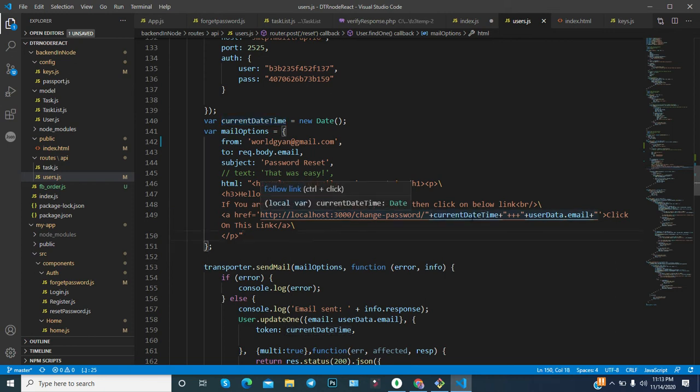So you have got the information about when that particular mail was sent. And then you have the user data and email ID, meaning for which email you have to reset the password, so you have the detail about it.